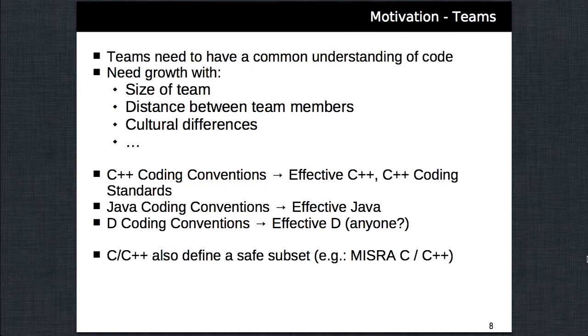And when you see the languages, C++ evolved and has many books about how to code good C++ code. Even Java has, but I think nobody wrote a book on D, how to code efficiently, what are the best practices. TDPL is one try, but I think it needs another book, an effective D, for example.